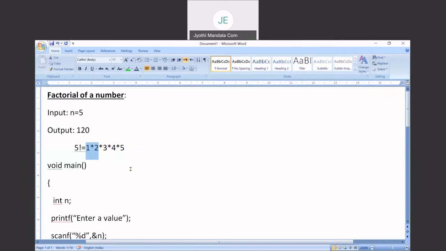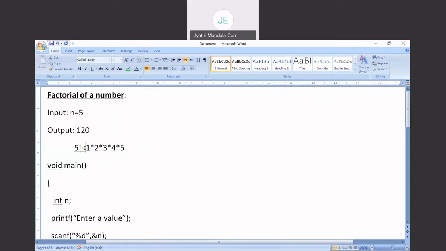Are you understanding? There is the same process we are doing repeatedly: a multiplication operation, and also an increment. We need to multiply with the previous number, which has to be incremented by 1. If you consider this one as I, then I has to be multiplied with I plus 1. Got it?